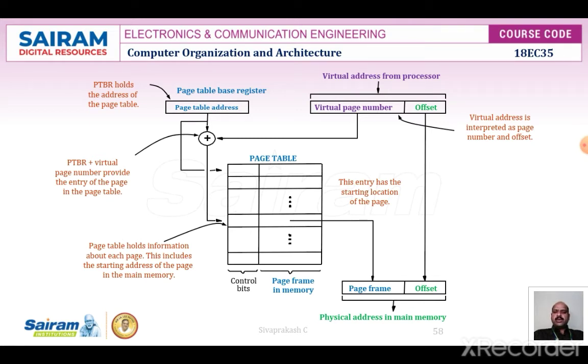Now let's look at the page table size. The size of a page table is given by the formula: page table size is equal to logical address space divided by page size, times page table entry size. So we can have an example. If we have a 32-bit logical address, which results in a 4 gigabyte logical address space, the page table entry size is usually 4 bytes. If the page size is 4 kilobytes, then the page table size is going to be 4 megabytes.